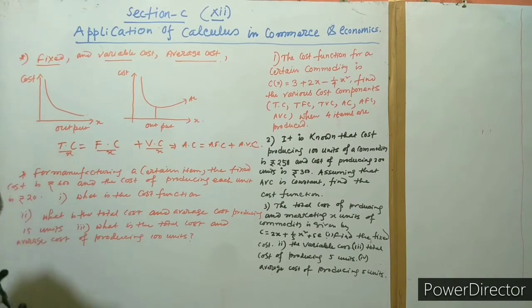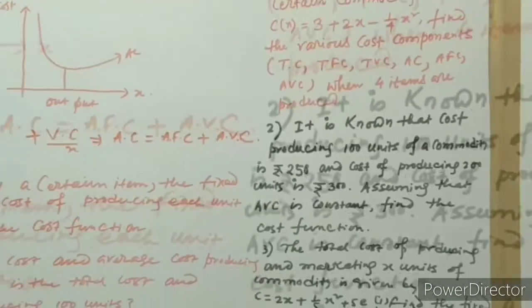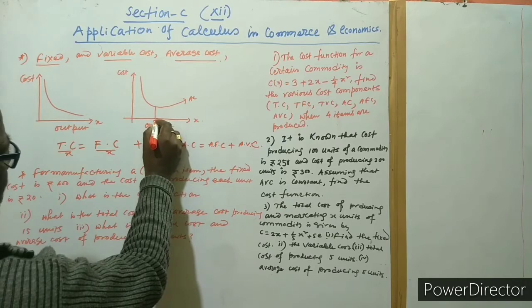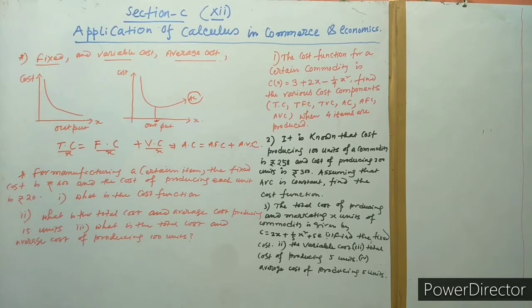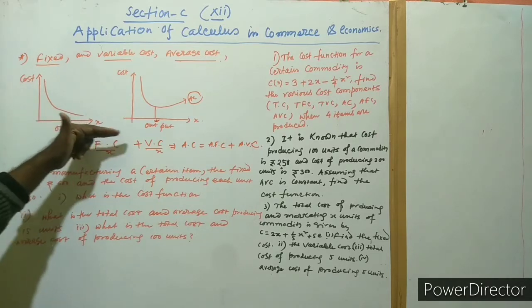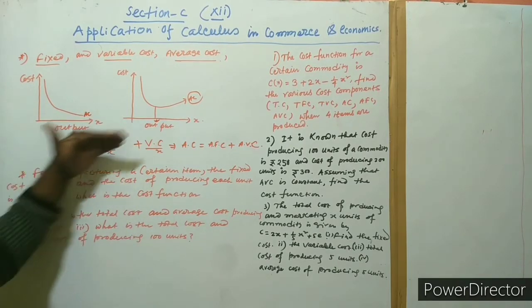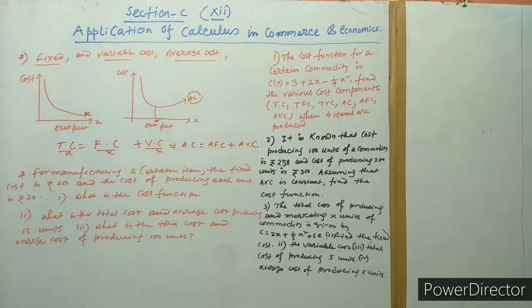Take the number of bricks produced, for example, where the average cost is at its minimum. When the level of output is increased, the cost or average cost also changes in practice. Sometimes as the level of output increases, the cost is minimum, but we also see that the average cost may increase after some point. So now I have introduced a problem here.